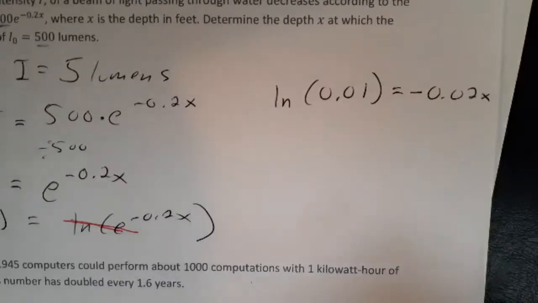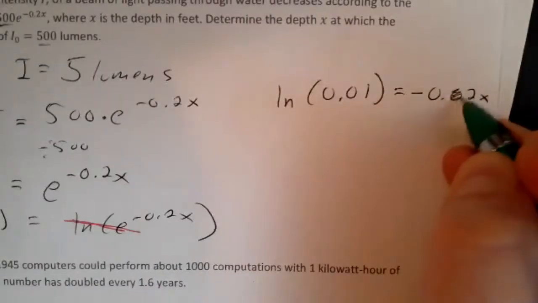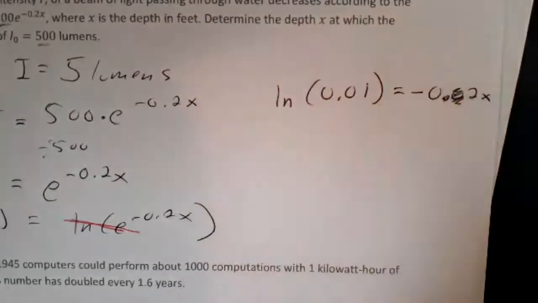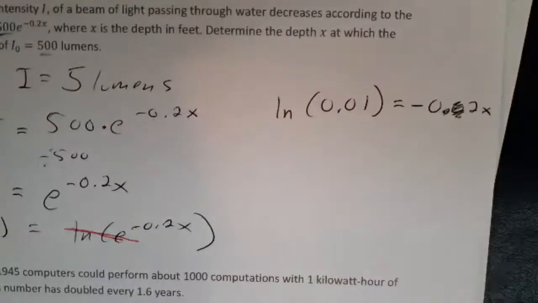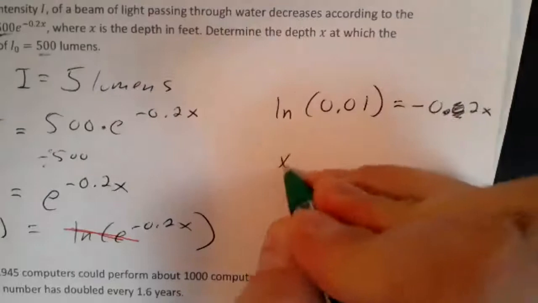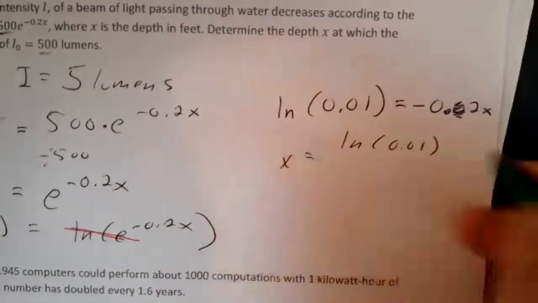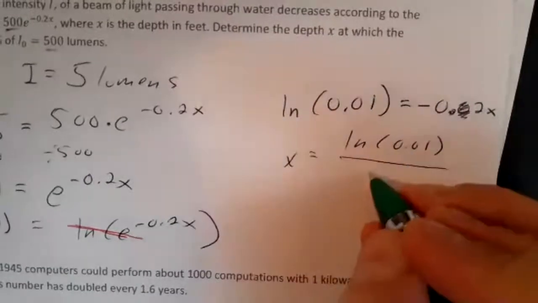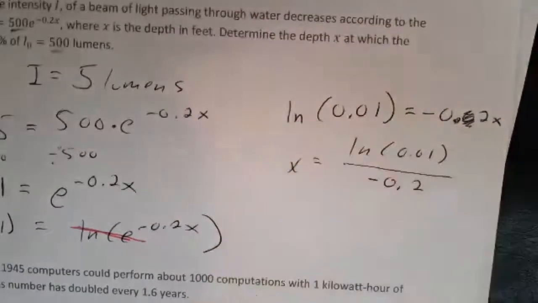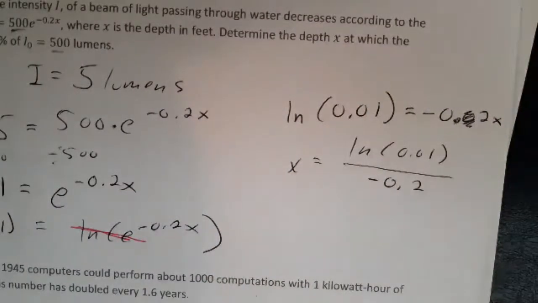And now I got to do a little bit. Ooh, this has an extra 0 in there. It should be negative 0.2x. Sorry. And now I got to do a little bit of solving. So x is going to be whatever ln of 0.01 divided by negative 0.2. So ln of 0.01